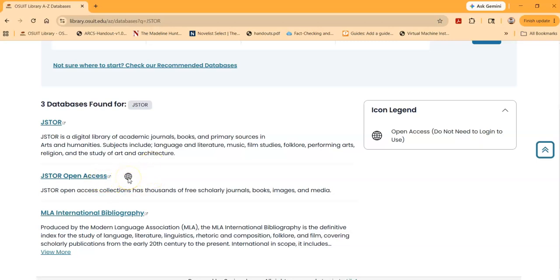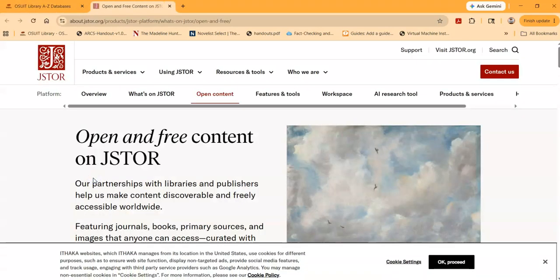So the second one, and you'll see this little globe icon. And if you look here, it says open access, so you do not need to log in to use. So what that means is that you do not have to use your OKey username or password to log into this. So this is open to anyone, even if you're not an OSUIT student. So if I click on this, it'll just take me straight there. The catch is that this is all of their free content. So this is all content that would be available to anybody that has access to the website. So there's not going to be nearly as much on here as there is